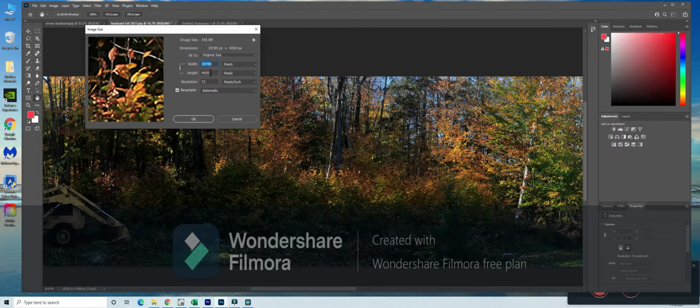A regular photograph these days is 6,000 by 4,000, so you have to crop something off the top and the bottom